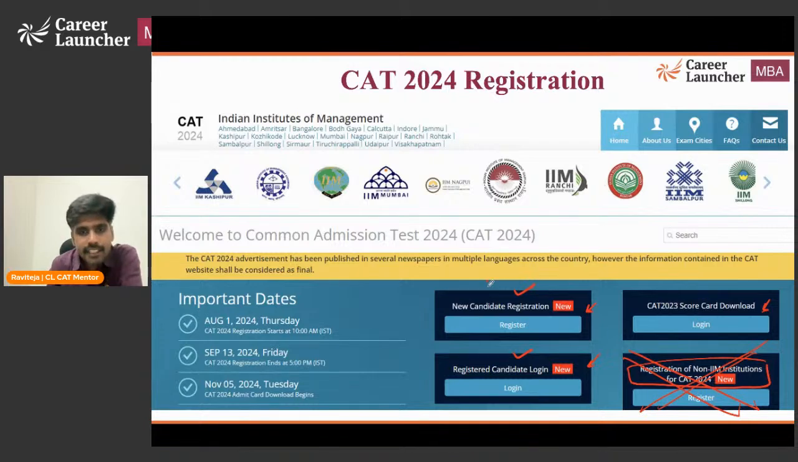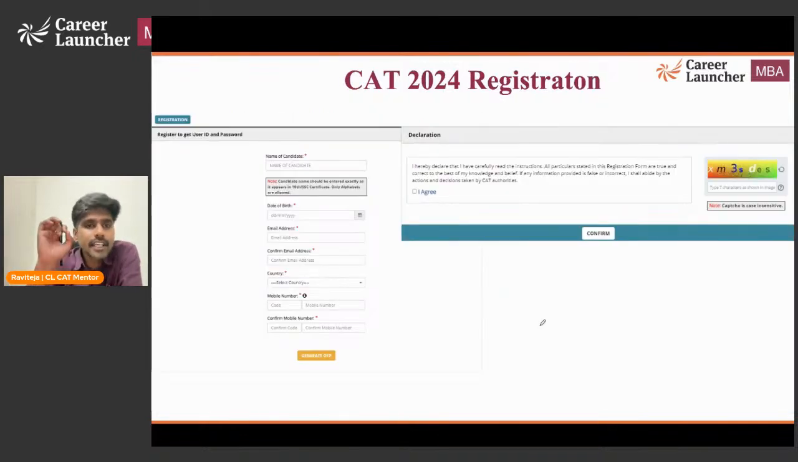The first thing that you have to do is register yourself on the CAT website. Okay, so you click here on register. Right? You click here on register. It will take you to a page that looks like this. It will load a page that looks like this. Here,